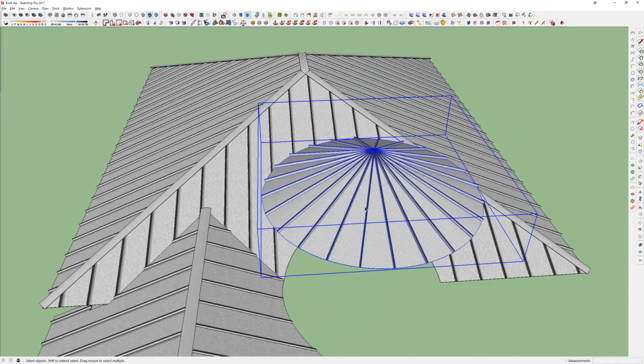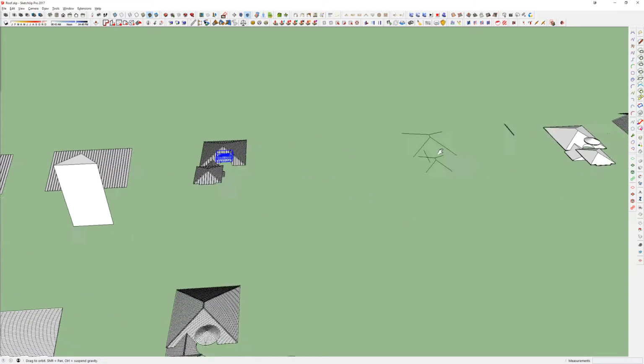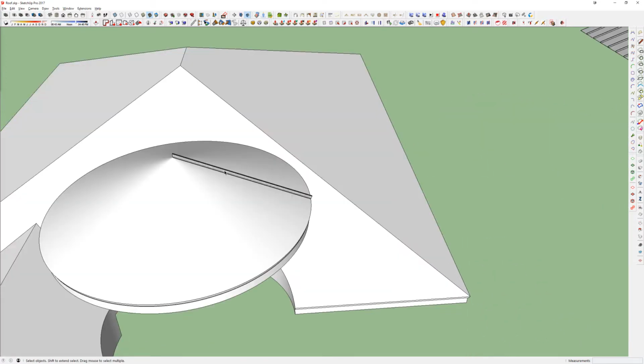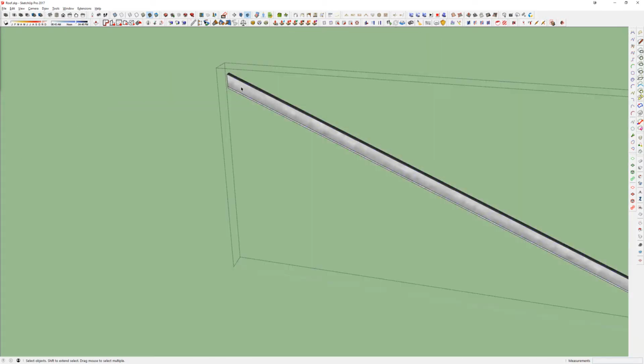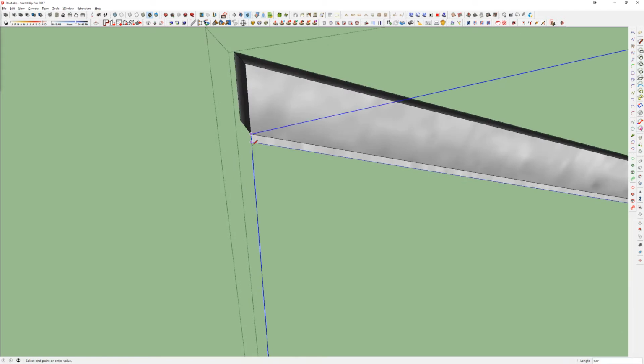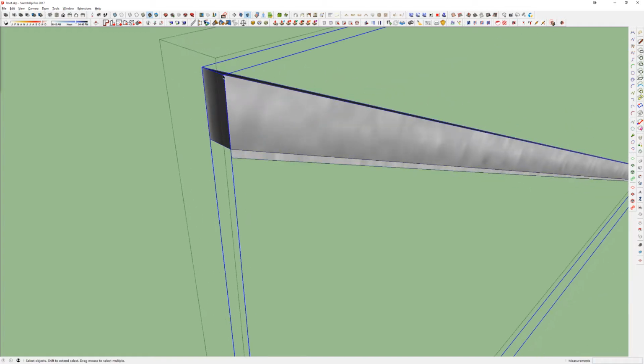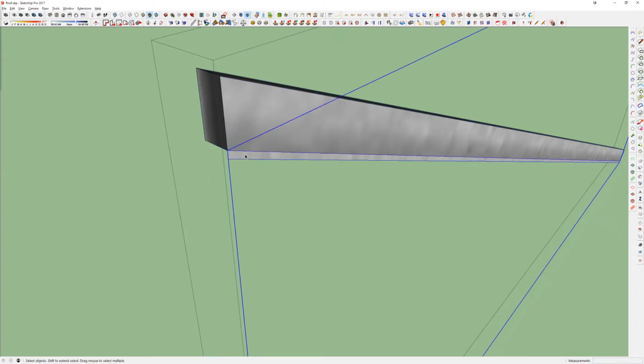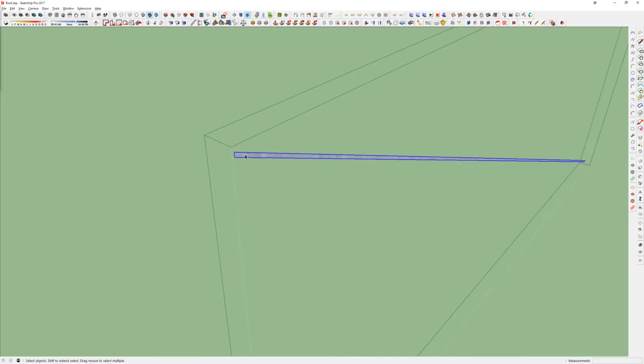As far as the tower, the round portion, the way I built that, zoom in over here, is actually very similar, but I had to build two pieces. I have this very thin piece, what would essentially be the thickness of the metal roofing itself, not the standing seam. I have it as 1/4 of an inch, which is very exaggerated compared to the thickness of the metal, but dealing with anything less than 1/4 is tough in SketchUp. Then I have this generic standing seam piece I built. And this piece right here, I just did a follow me,